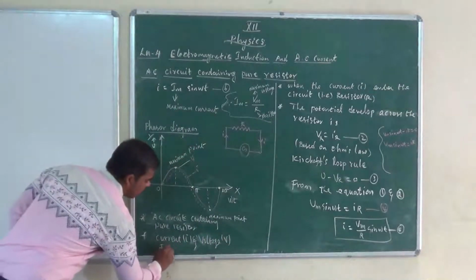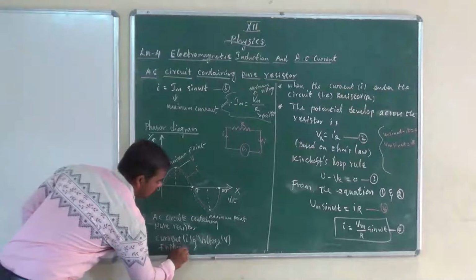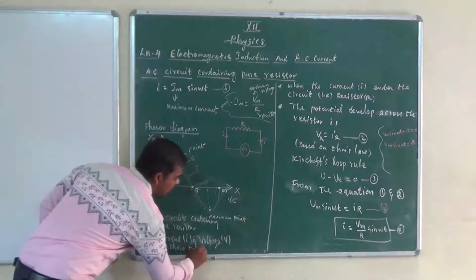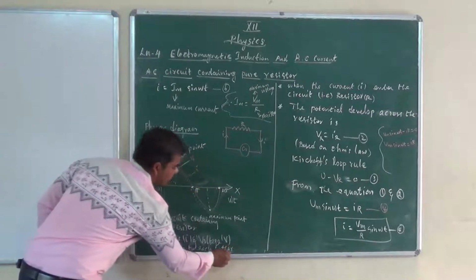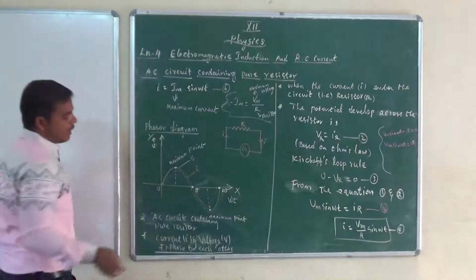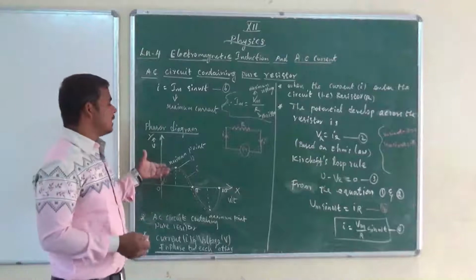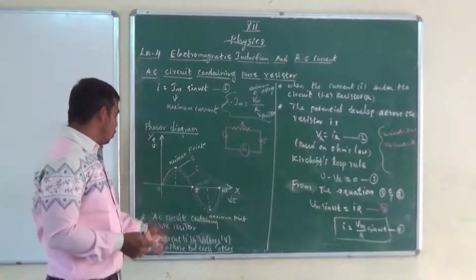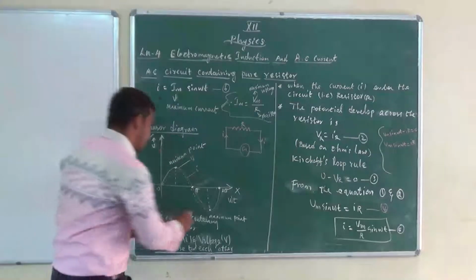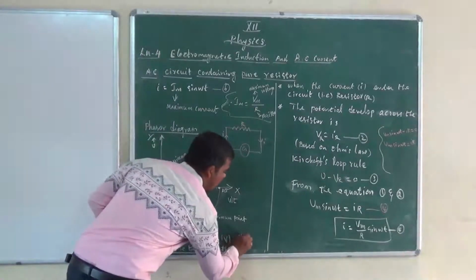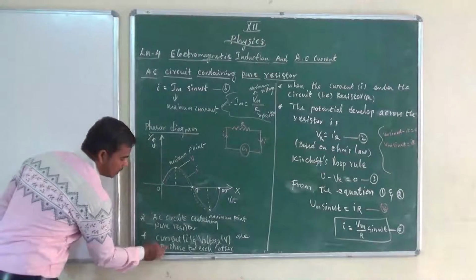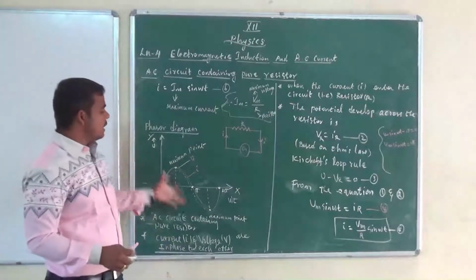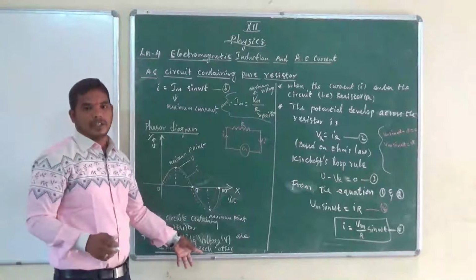The word is important: in phase. Important one more question. In phase to each other means they travel together. So how does the phasor diagram indicate that current and voltage are in phase with each other? Not out of phase. I show the diagram of how they are in phase.